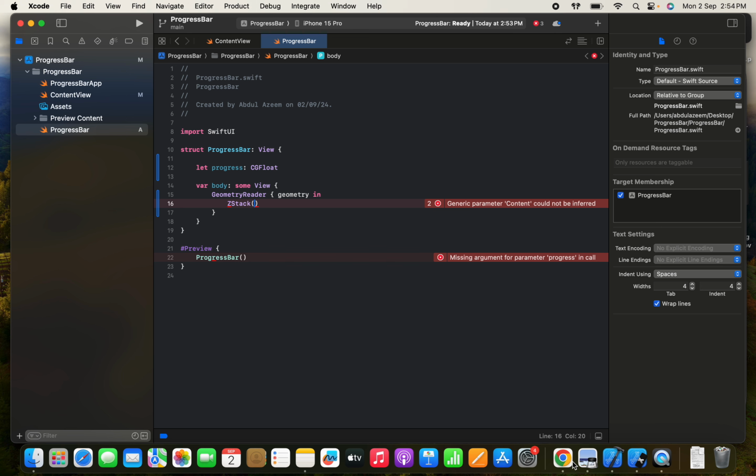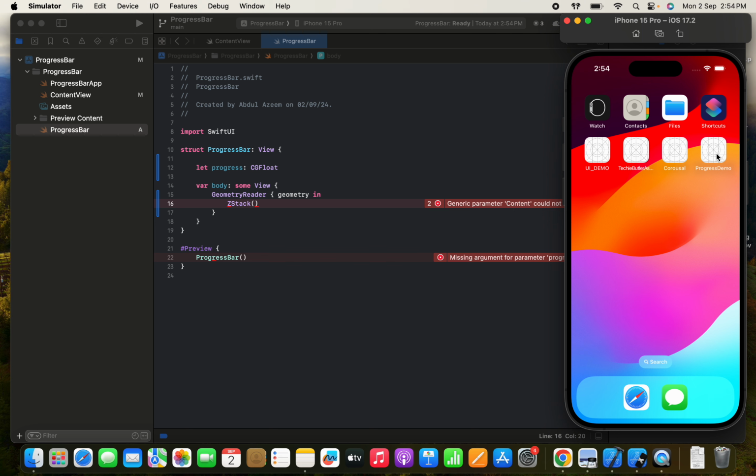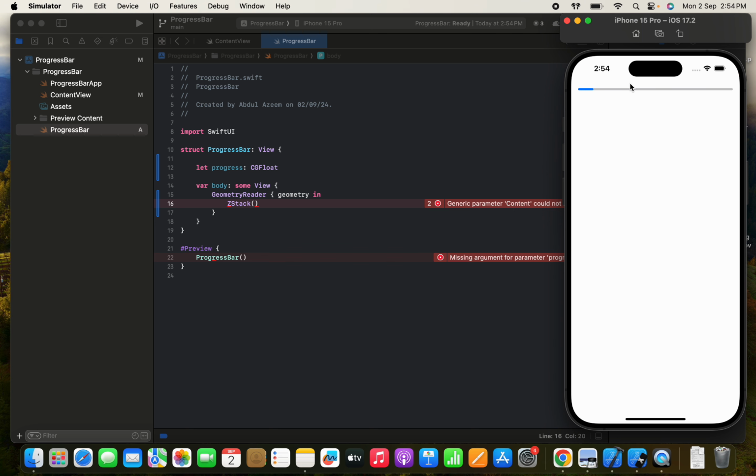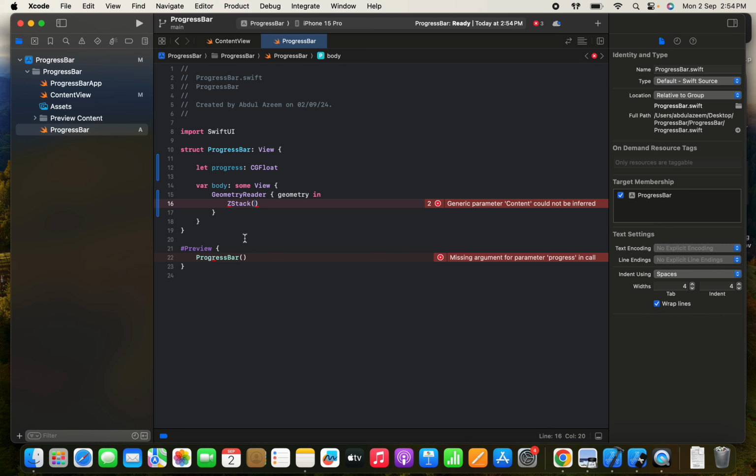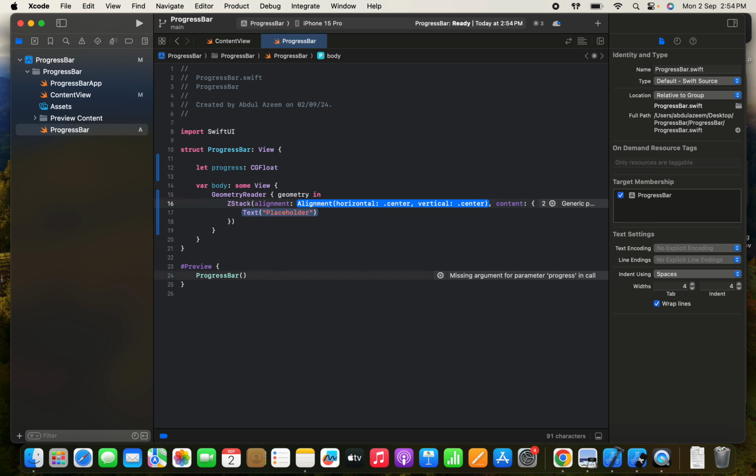Because the progress bar, see, we are going to create something like this progress bar. So this background that you are seeing, this is the track view, and this filler that you are seeing, the progress on the top, this is the tint view. So we will be having two rectangles for our progress bar. So give the alignment dot leading,